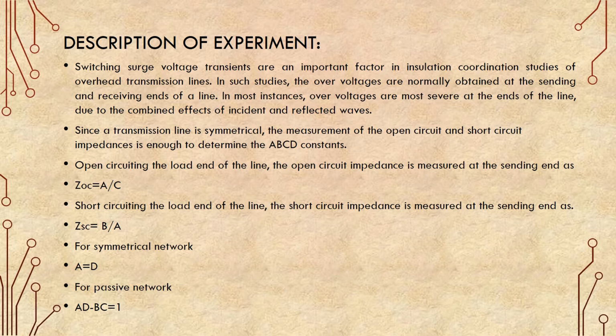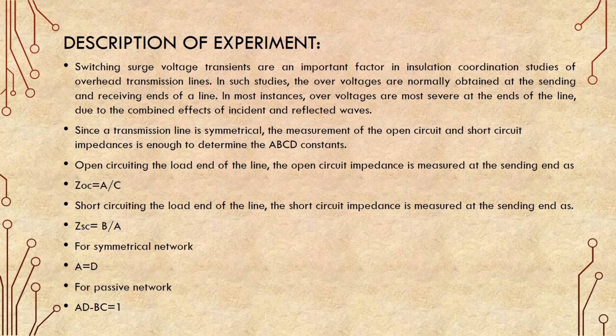Whenever a surge is there, it has higher voltages, more than 220 kV, that is, more than 5 times or 10 times our rated voltage. So what happens during that? We have to protect the transmission line. For that we also have to study the incident wave and reflected wave of the transmission line, because this voltage variation is not due to the load, but due to the surge on the transmission line, switching or lightning.